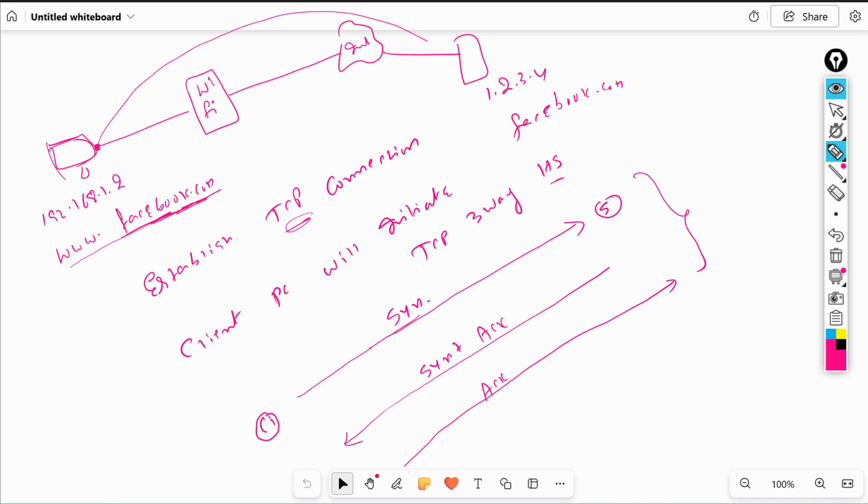One more purpose is here. The second purpose is the most important purpose. Here what happened? For example, this is the client PC. This is my PC. My PC is